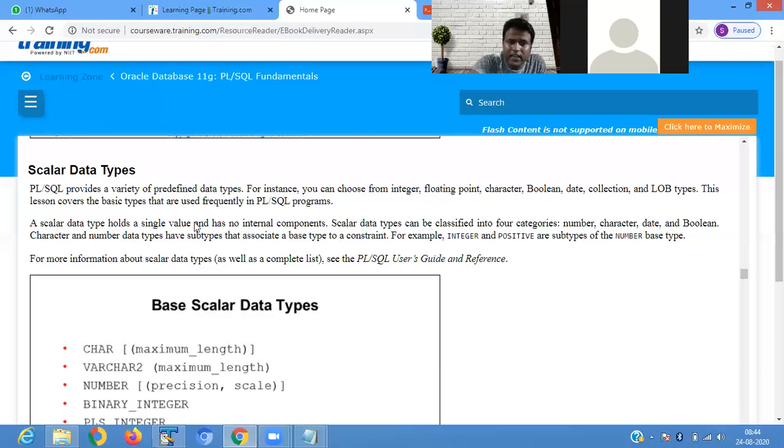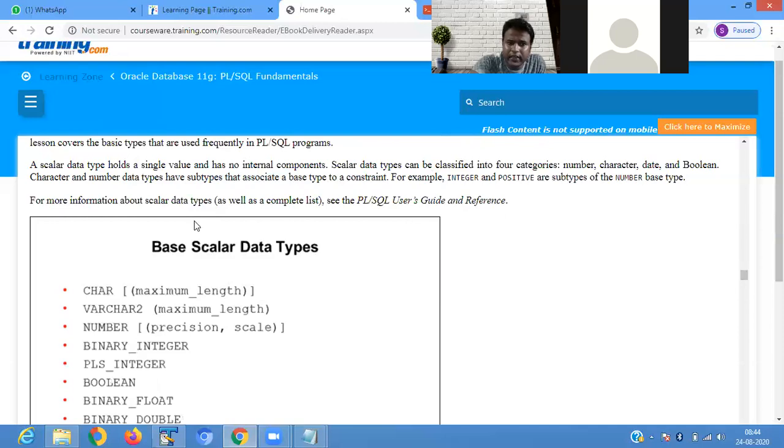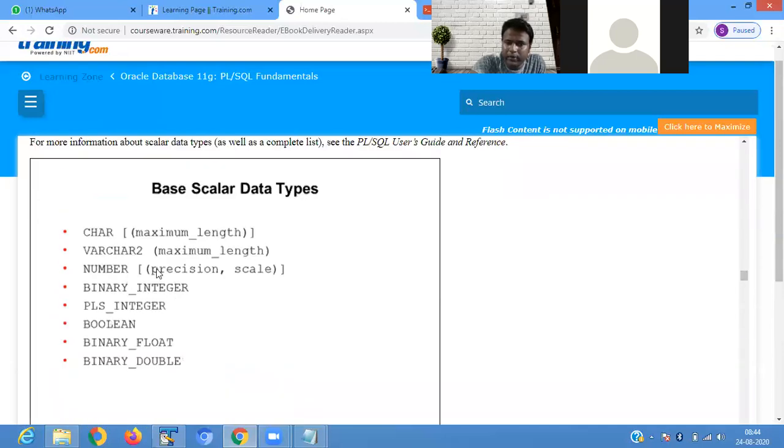So what scalar data types are available? Char, varchar2, number, binary integer, PLS integer, boolean, binary float, and binary double. These are the different data types we are using for scalar data.